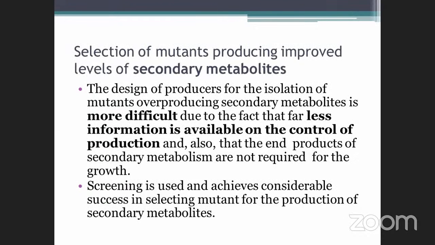Okay. Similarly, the selection of mutants producing an improved level of secondary metabolites. The design of the producer for the isolation of mutants overproducing secondary metabolites is more difficult, due to the fact that far less information is available on the control of production of secondary metabolites than of primary metabolites. The end products of secondary metabolites are not required for growth, while in the case of